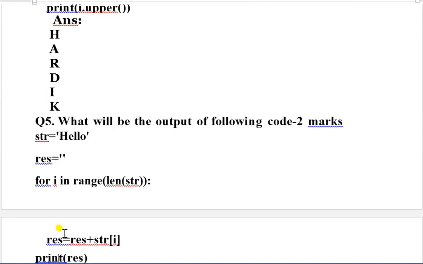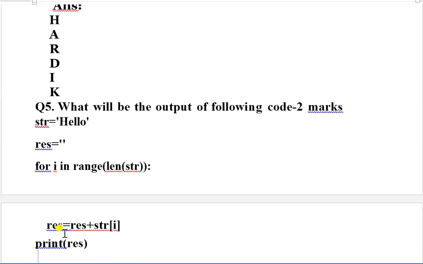Now question number 5: what will be the output of the following code? So this is the string, this res is the empty string, and for i in range length of str. So this loop will run from the ith position to the length of the string. The length of the string is 5. Then res plus str of i.